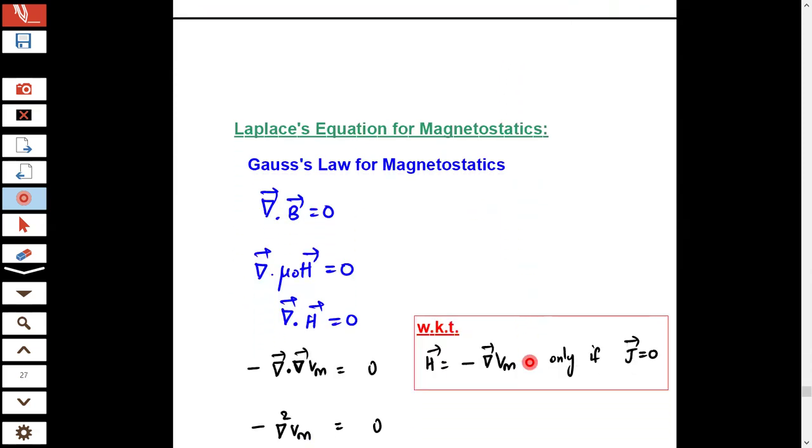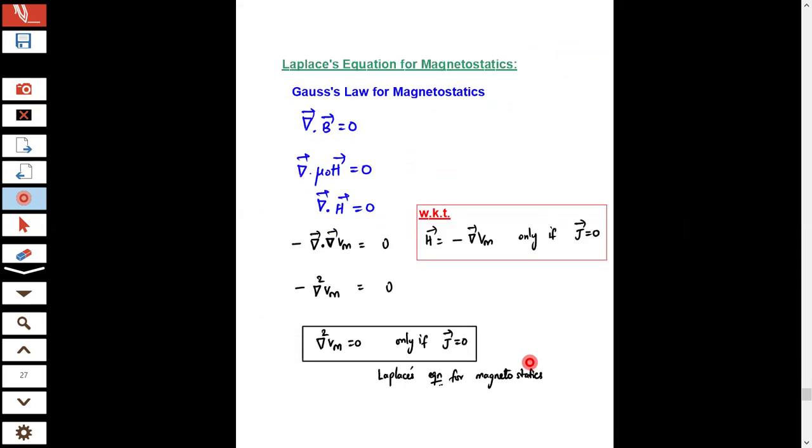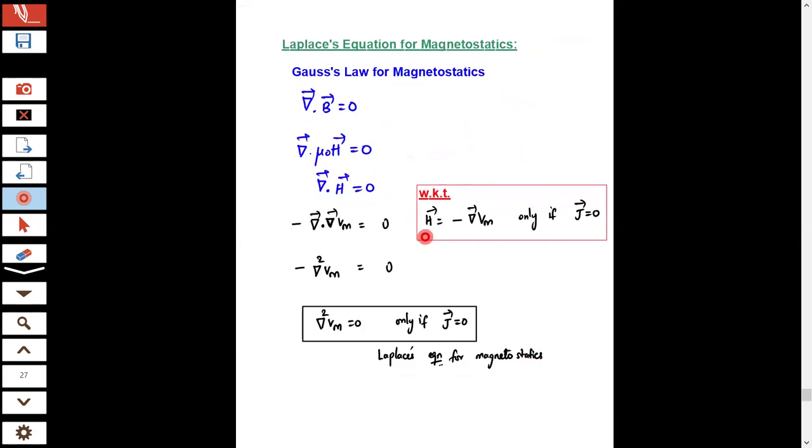Next, let us continue our analysis or comparison between magnetic fields and electric fields. We had Laplace equations and Poisson's equations for electric fields. In a similar way, we can define Laplace and Poisson's equations for magnetostatics. We can start from Gauss law for magnetostatics here, where del dot B